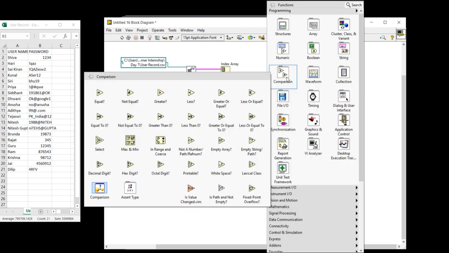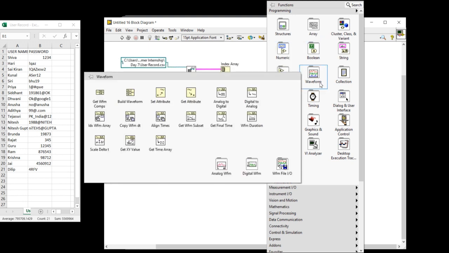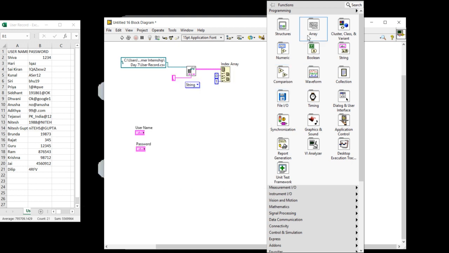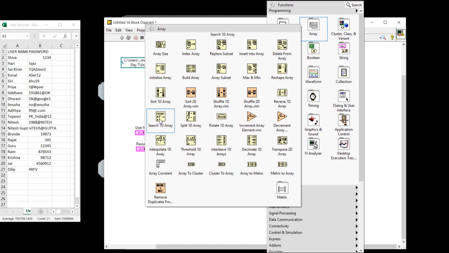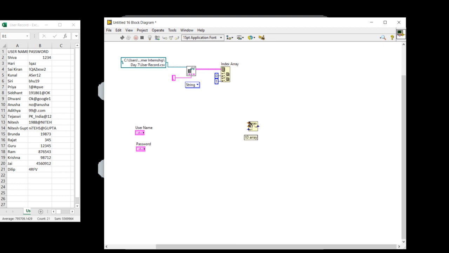Now I will take one more search function here. Okay, string 1D array, search 1D array functions here. I can connect with this. The same search 1D array function we can use two times.